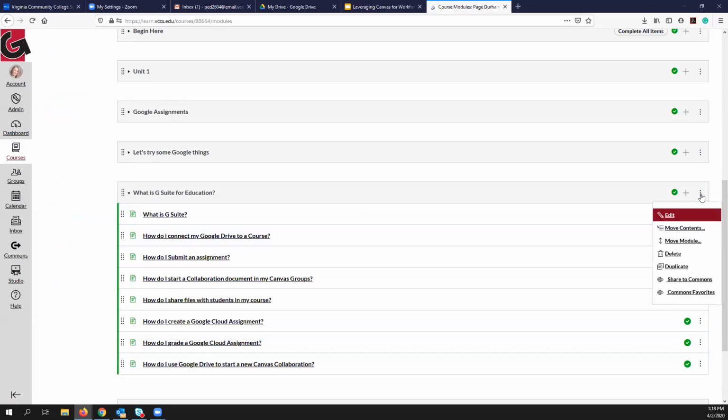And as soon as I do, the choices that I have are to move the contents, to move the module, to duplicate, to share to Commons, or Commons favorite. So I could move this entire module to the Commons, and then I could share it out. So if I click on Share to Commons,